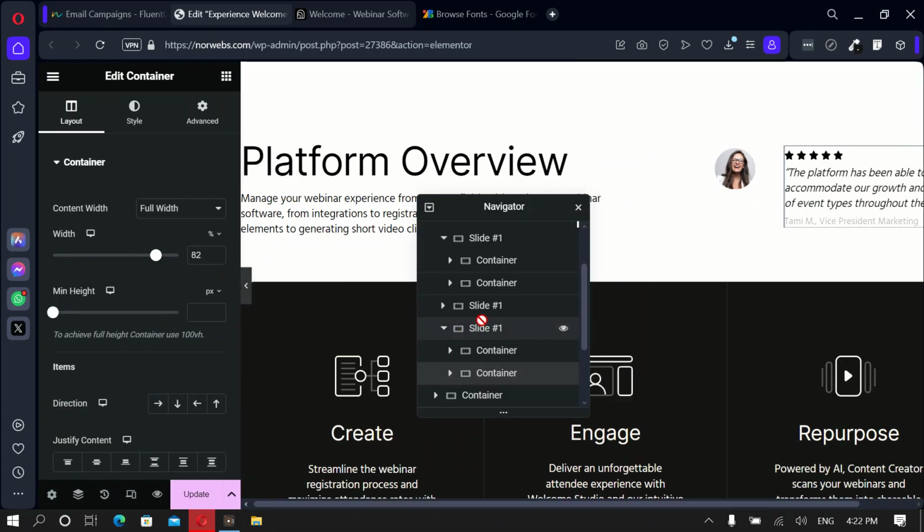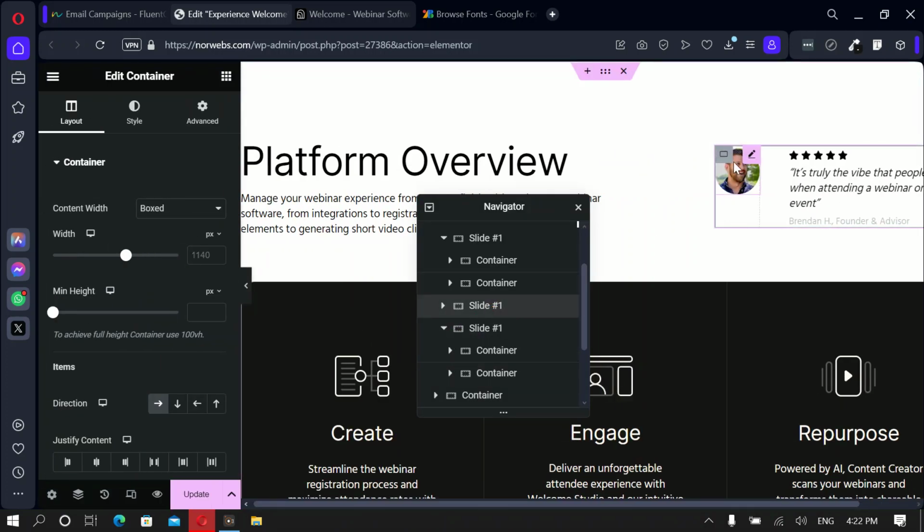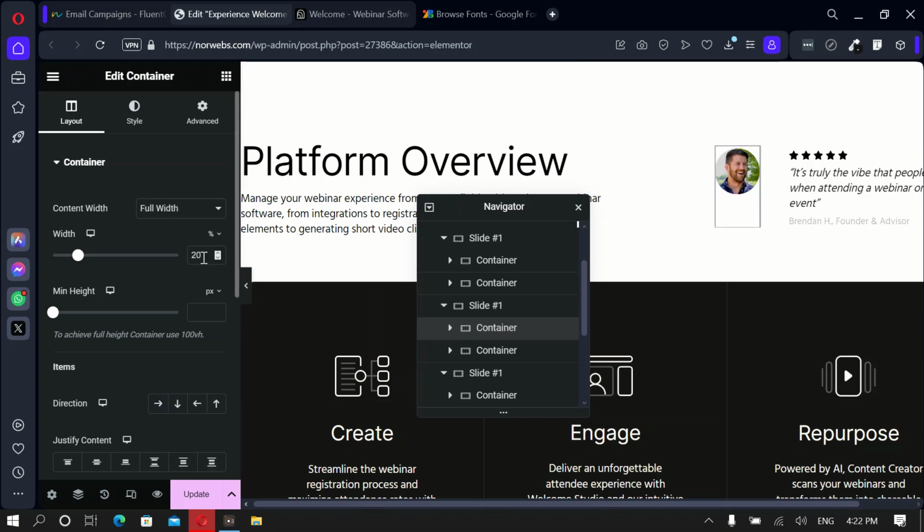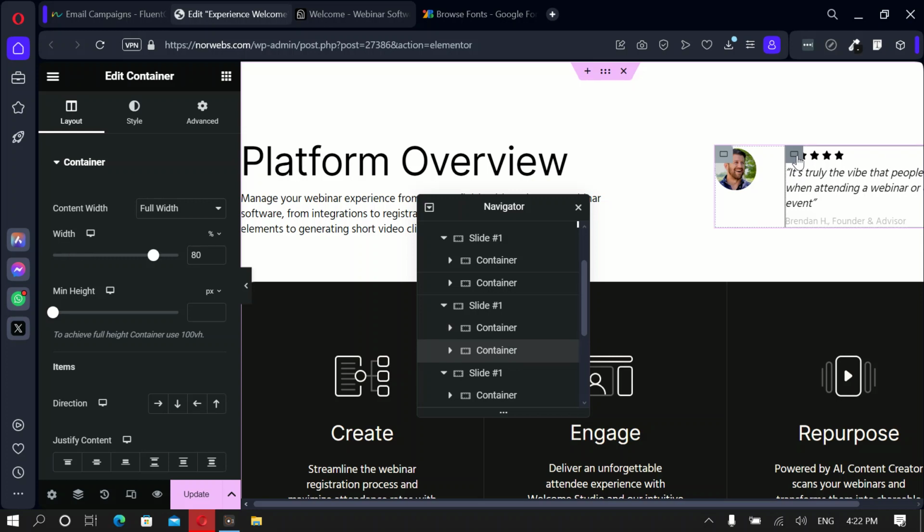Okay, do the same thing to the other slide. 18, and the other one 82. Then the first slide